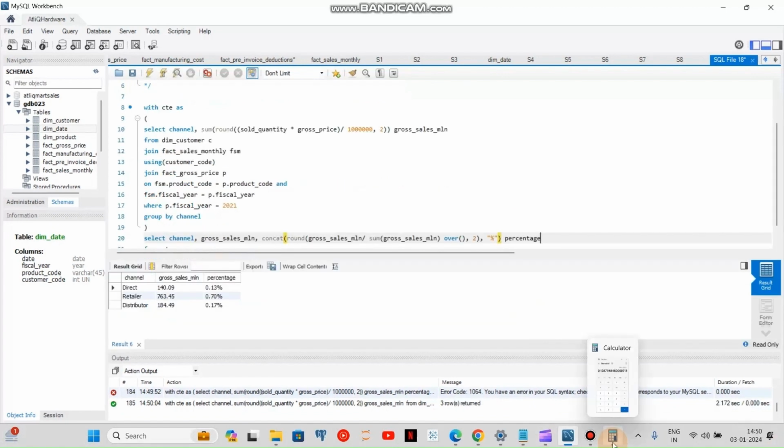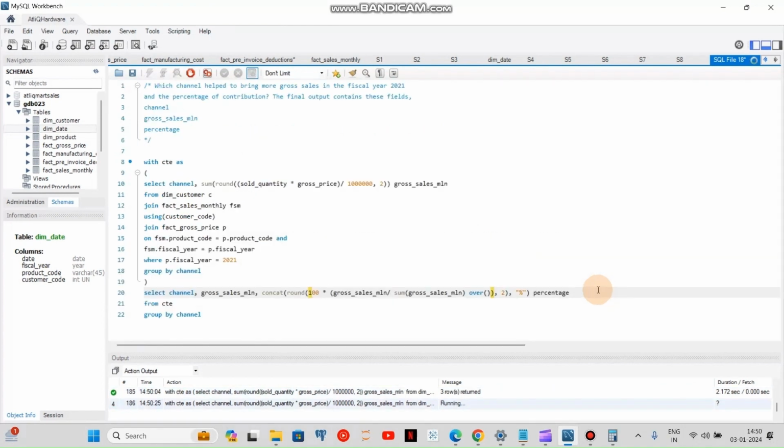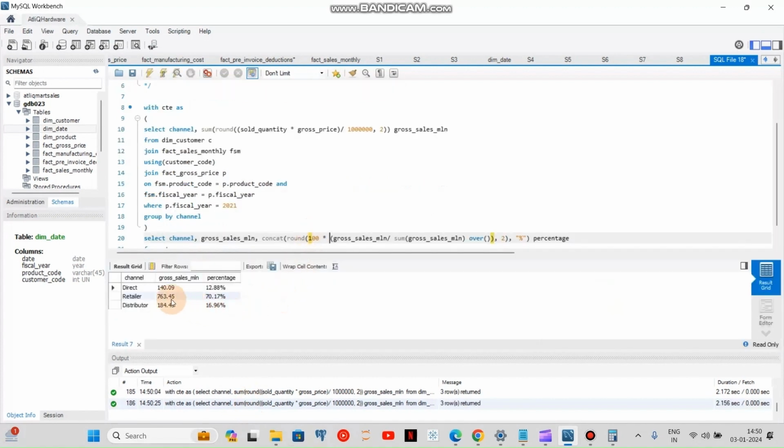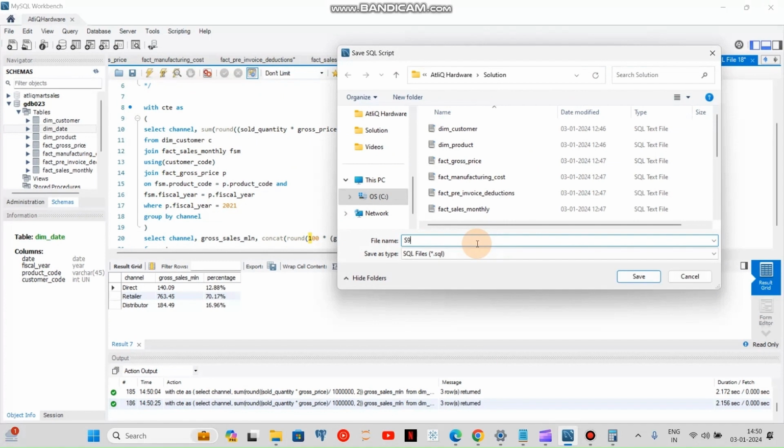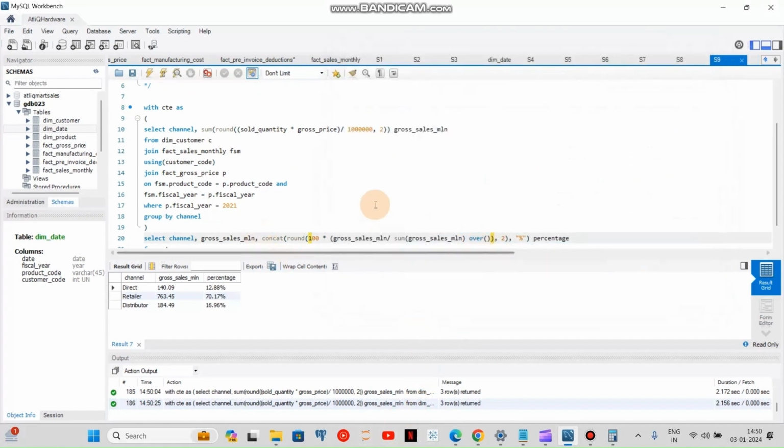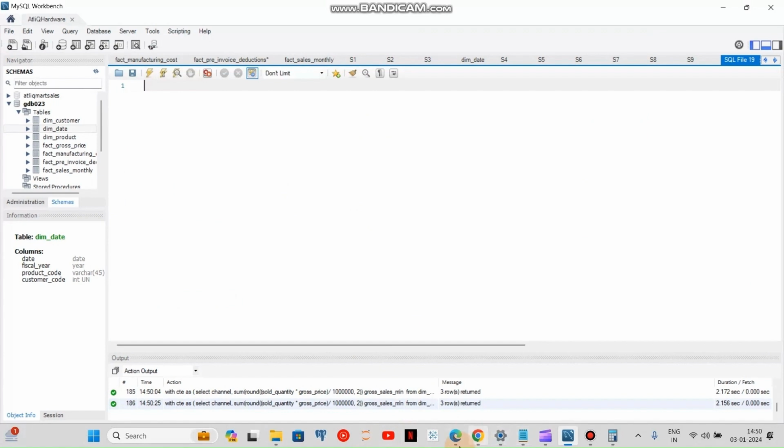Okay. And one thing I forgot here is to multiply this with 100 to get correct percentages. 100 into. Okay, so now I have 12%, 70%, and 16%. So 70% of my business is coming through the retail channel. Okay, so now let's save this file as solution 9, and we will move on to the last question, which